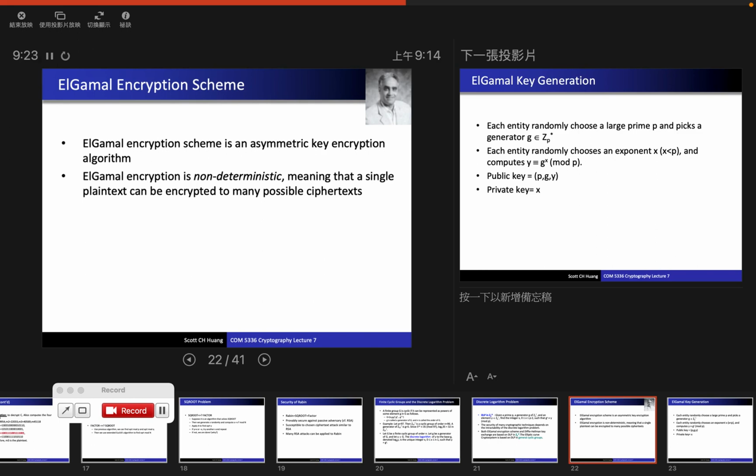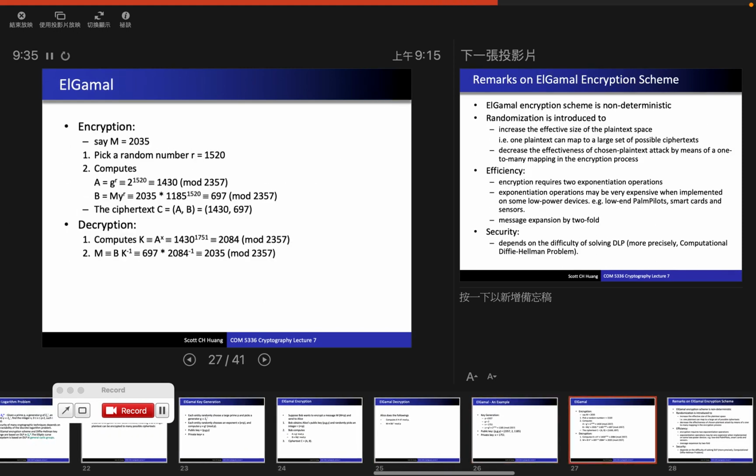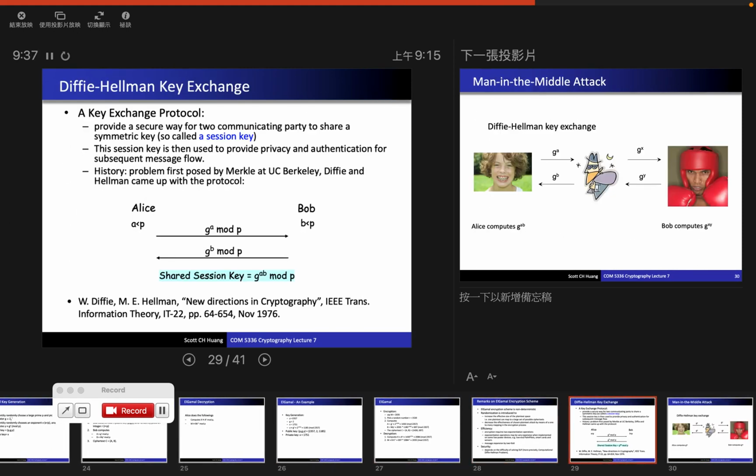So we'll be talking about the ElGamal encryption system, and before we do that, let's jump ahead to the Diffie-Hellman key exchange, because it's easier to understand this. So we will cover the Diffie-Hellman key exchange, and then we will come back and look at the ElGamal